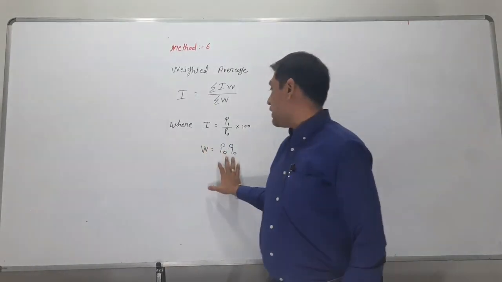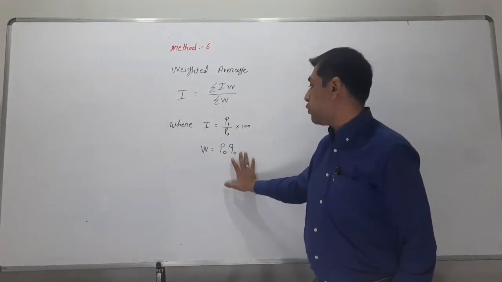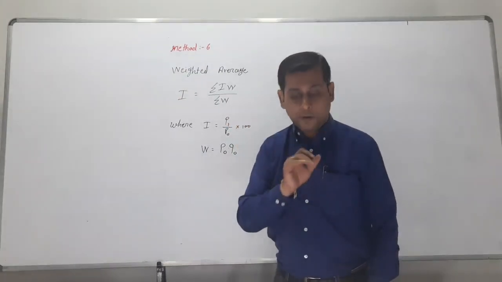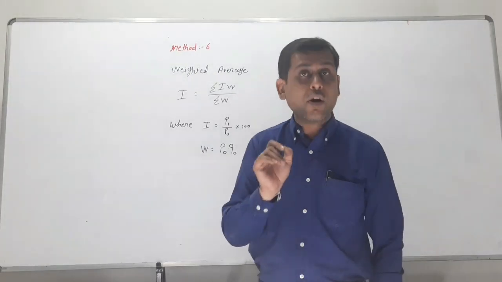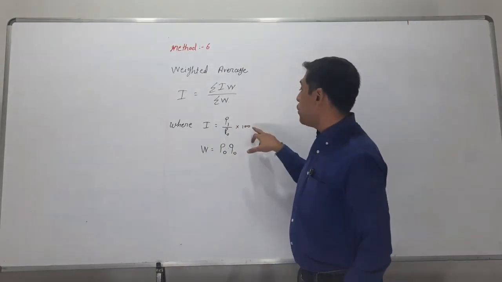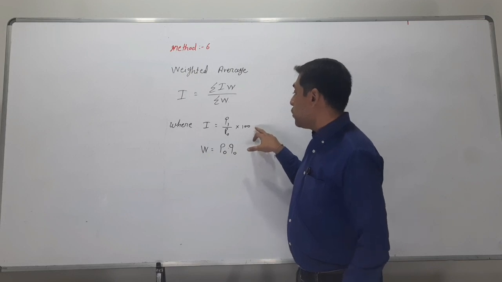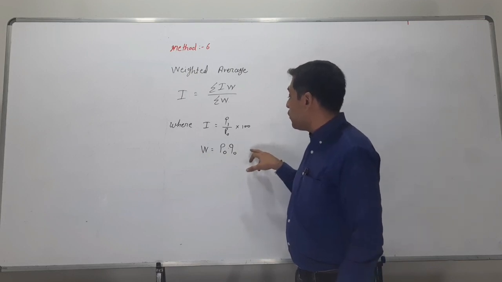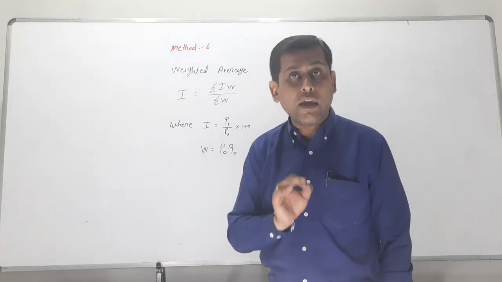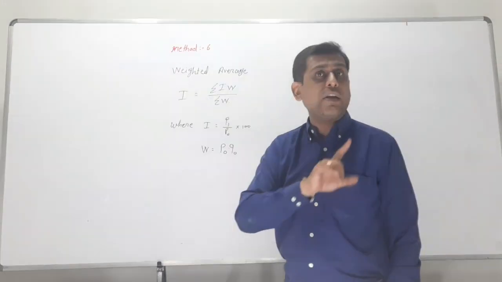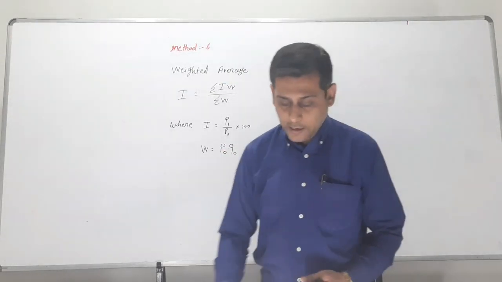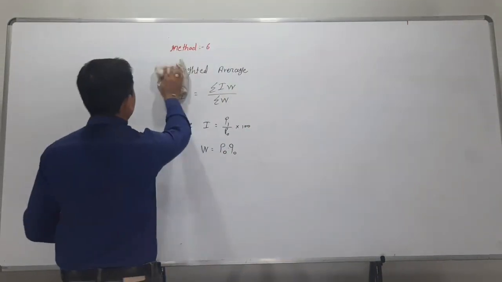So W is given, so you don't want to use this formula because W is already given. Now the price of the current year as well as the price of the base year is given here, so you have to use this one. You don't have to use the other because the weight is already given. The quantity of the base year is not given. Here the weight is given directly. Okay, so I am writing that.